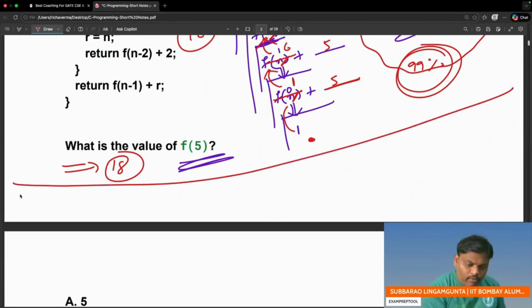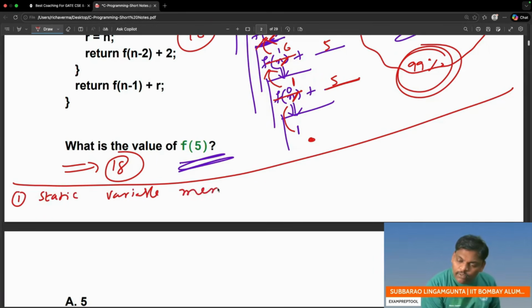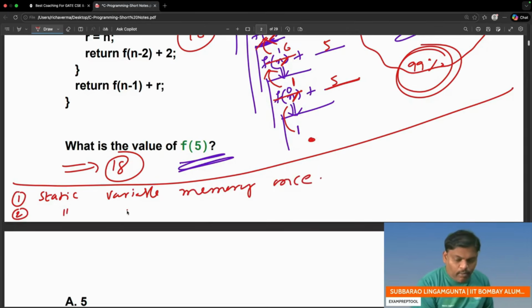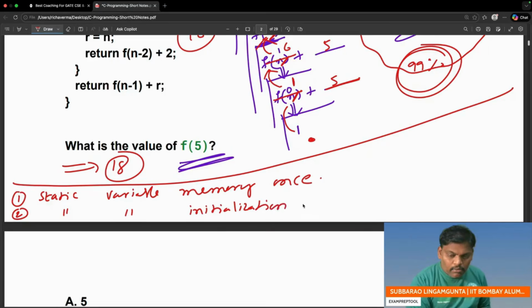Point 1: static variable, memory only one time. Point 2: static variable, initialization also once. Point 3: